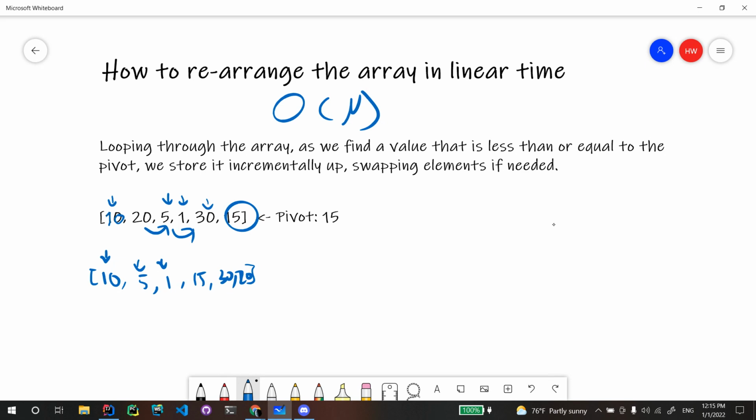So now, as you can see, everything on this side is going to be smaller than 15, and everything on this side is going to be bigger than 15. So basically, what we do is we loop through the array. As we find an element that is less than or equal to the pivot, we store it incrementally up in the array, swapping elements if needed, which is always needed. So then, as you finish the operation, what you're left with is a perfectly rearranged array that you can perform quicksort on. So now if we go to our code here,